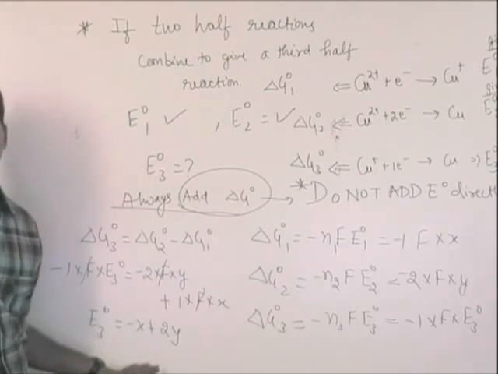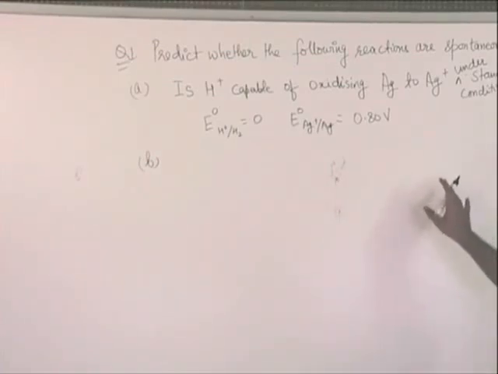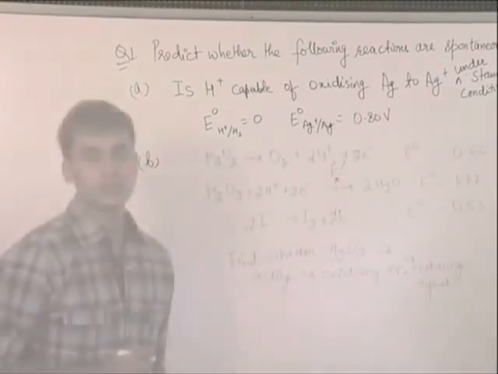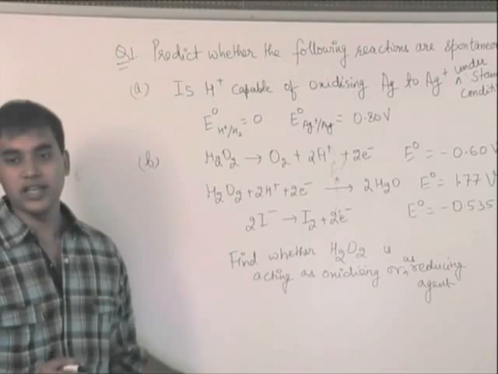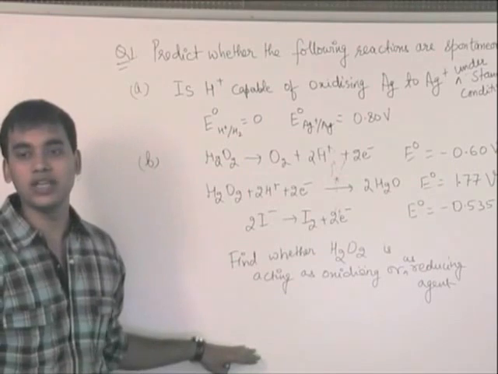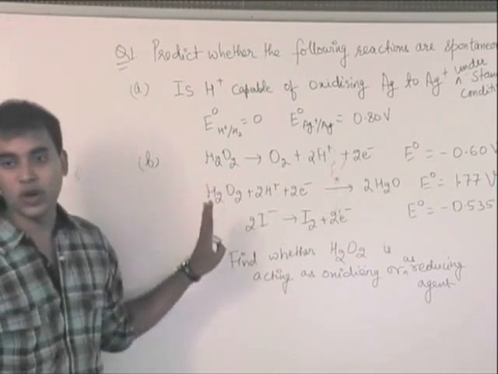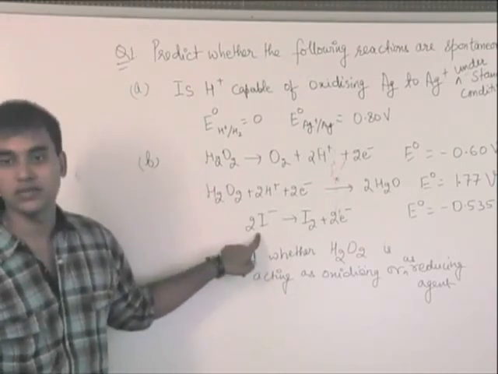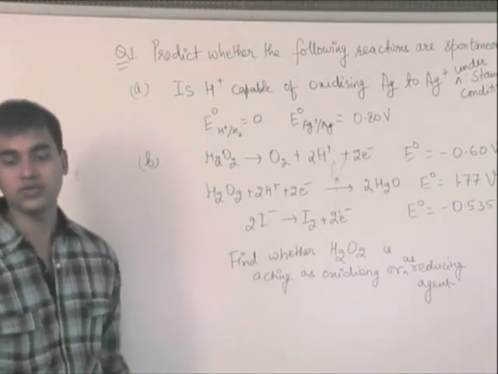Anyone having any doubts? Let's do a few questions. See, when I give you standard conditions, the E cell is nothing but E naught cell. So in that case, E naught cell has to be positive. Fine? Suppose say these two questions are given to you, and you have to determine whether the reaction you have taken is correct, or whether you have an appropriate oxidizing or reducing agent. For example, the second question asks: H2O2 is the appropriate oxidizing or reducing agent for this reaction. All the data are given to you. Try solving them first, and I'm going to give you solutions for these. Start.